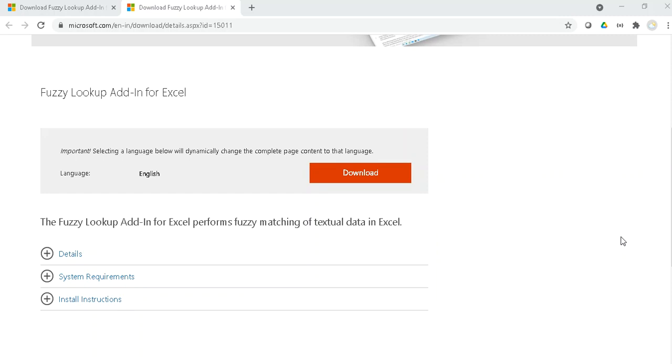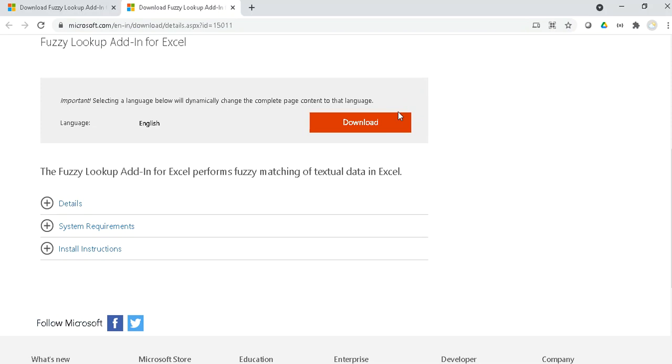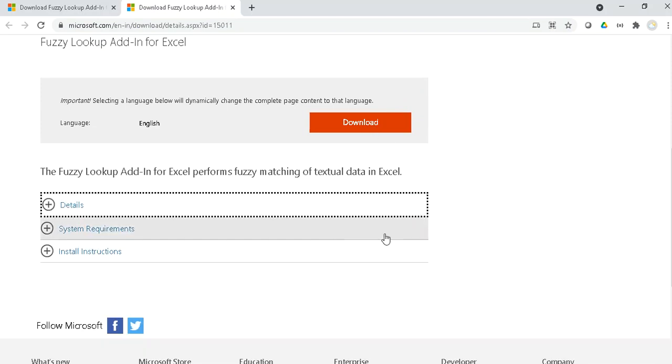Hello friends, today I learned something new and I thought of sharing with you, and this is about the fuzzy lookup add-in for Excel. This is the link, as you can see over here. You can get it from the Microsoft website. You can download the details mentioned over here,